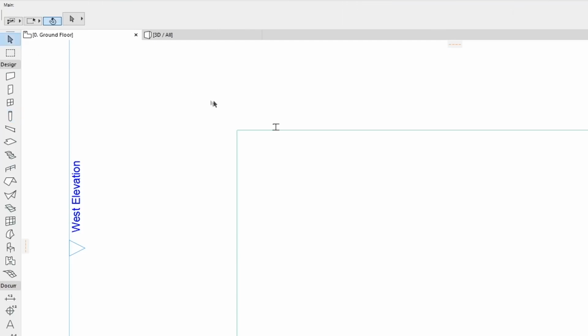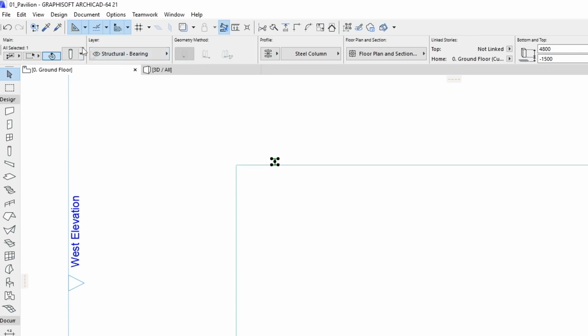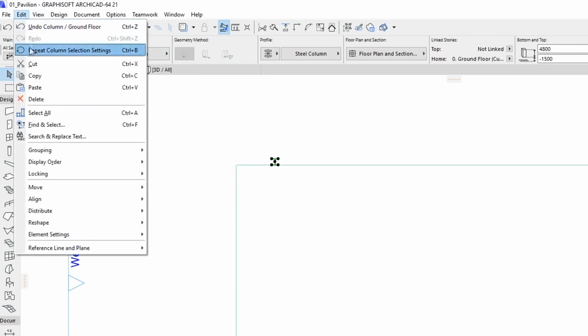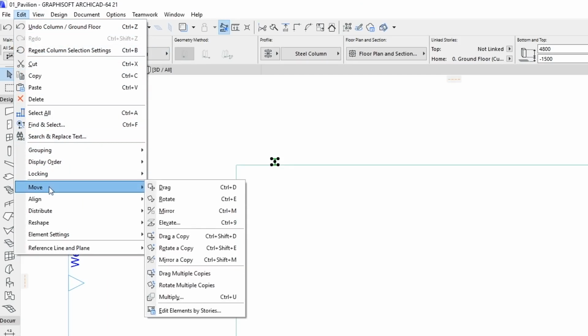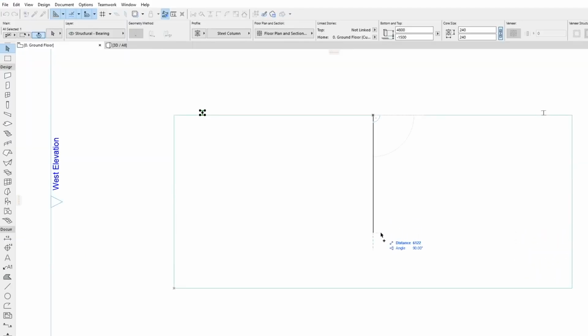Using the arrow tool, select the column we just created. Go to Edit, Move, Mirror a copy. Move the cursor near the middle of the upper edge of the slab. Click when the Smart Cursor displays a check mark, indicating that you found the middle point of the slab edge. Draw the mirroring axis while holding down the Shift key. Left-click to finish the operation and hit the Escape key to